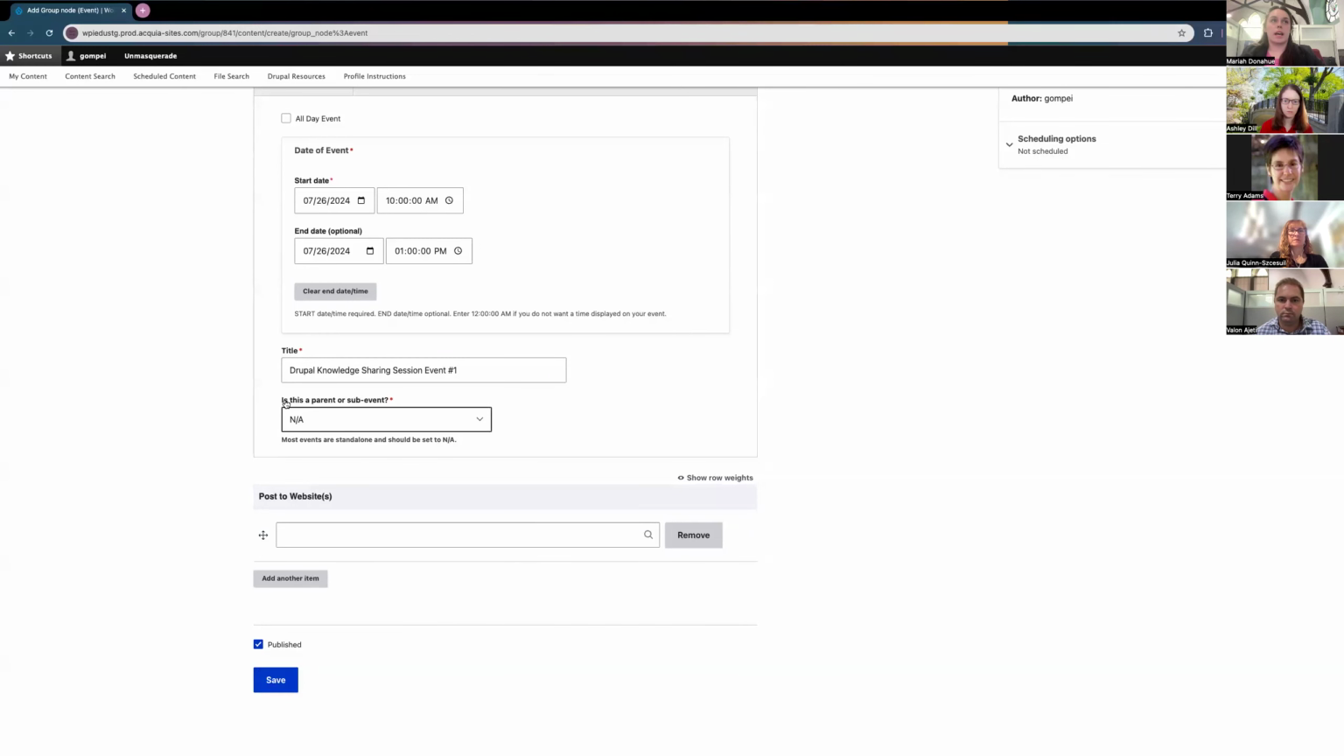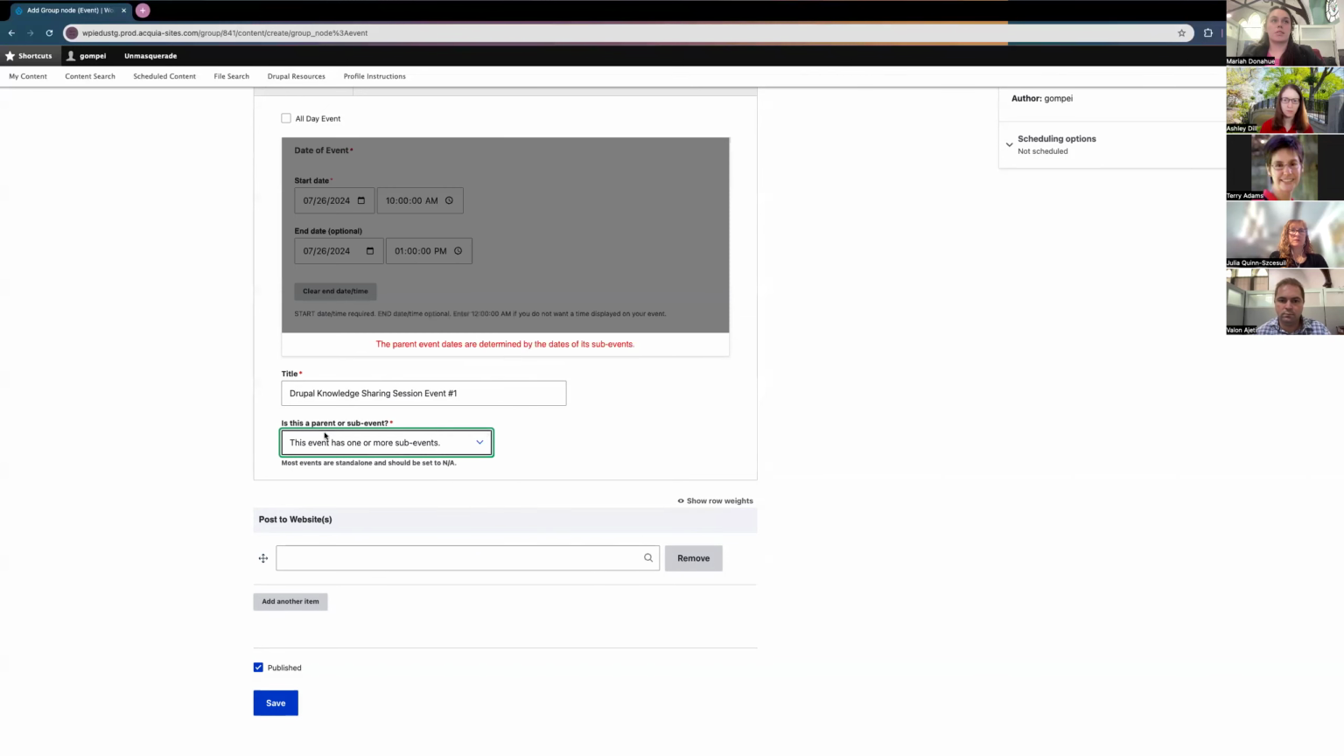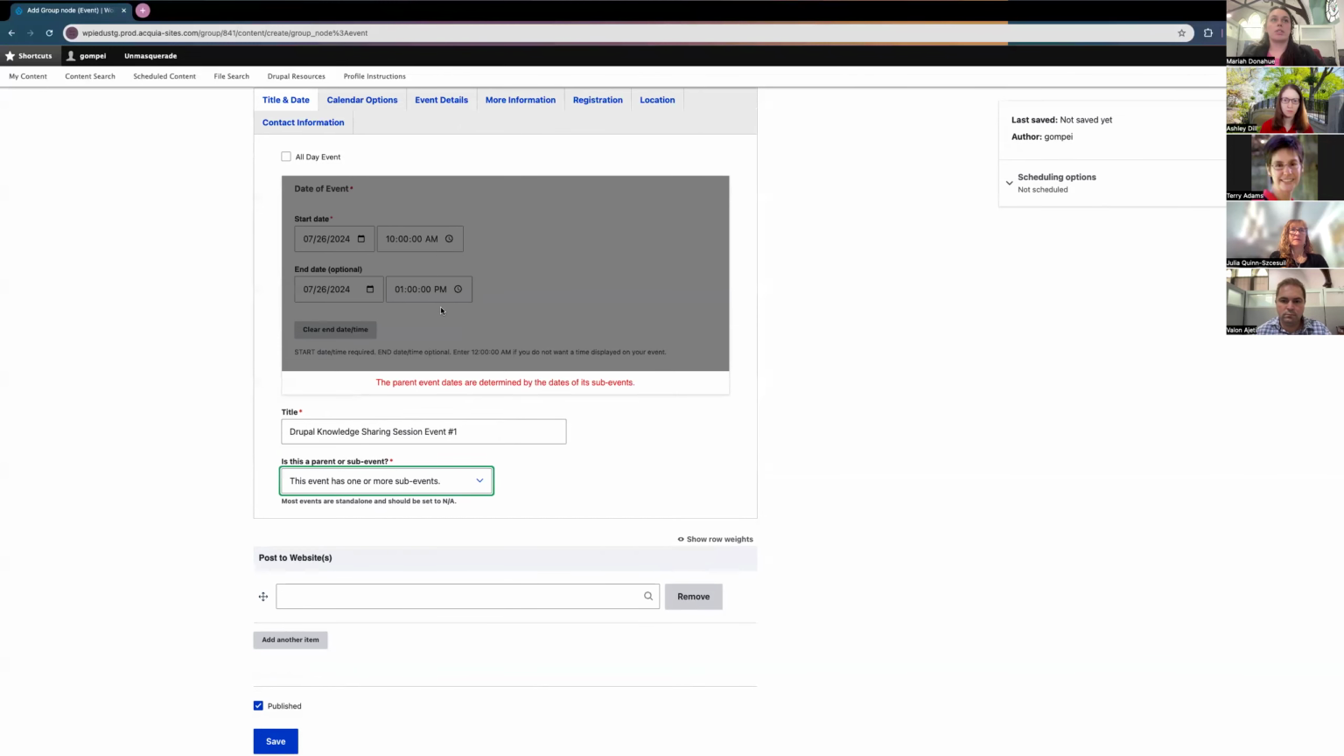And in this field, we have if this is a parent or a sub event. So we have 3 options in this field. We can either choose not applicable, or we can say that this has some sub events. So if I choose this event has 1 or more sub events, then it's going to gray out this section here and tell me that the parent event is going to be determined by the dates of